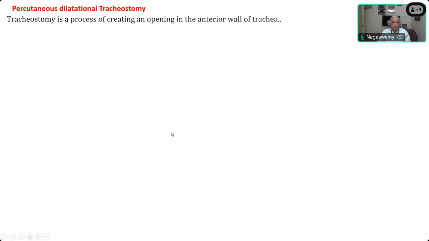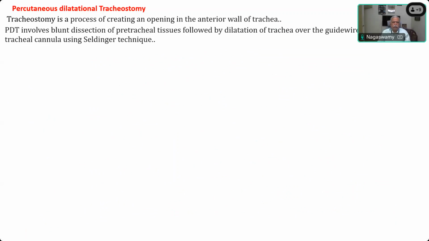Okay. So percutaneous dilatational tracheostomy is the process of creating an opening in the anterior wall of the trachea. That is the definition of tracheostomy. This involves blunt dissection of pretracheal tissues, unlike your classical open surgical approach, where you make a detailed dissection, identifying each and every anatomical structure. So this is a blunt dissection of pretracheal tissue followed by dilatation of the trachea over a guide wire